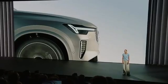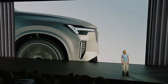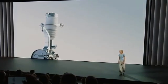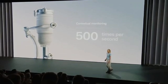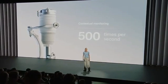It's also more comfortable than ever before. The XC90 comes with a standard of clever new dampers, which mechanically adapt to the current road conditions. If you're driving, this gives you a confident and relaxed driving experience. And if you're a passenger, a softer ride. And if you want to dial up the comfort to supreme levels, you can configure the car with air suspensions. It monitors the car, the road, the driver 500 times per second to give you the best possible cornering control